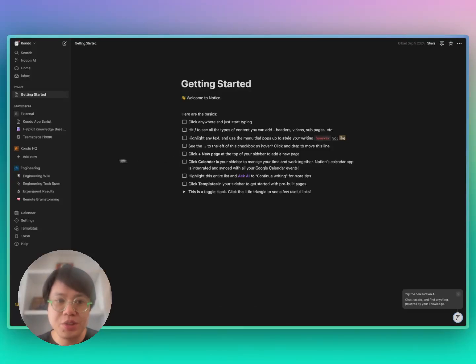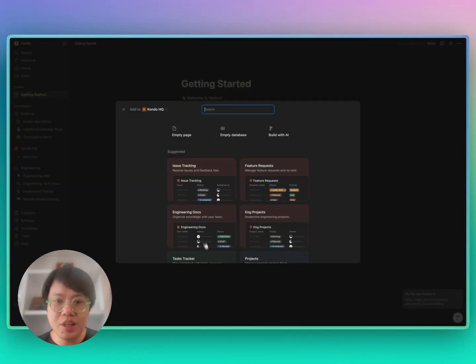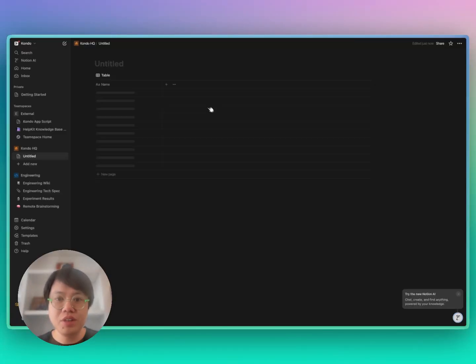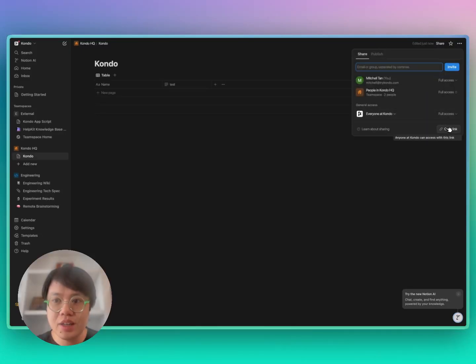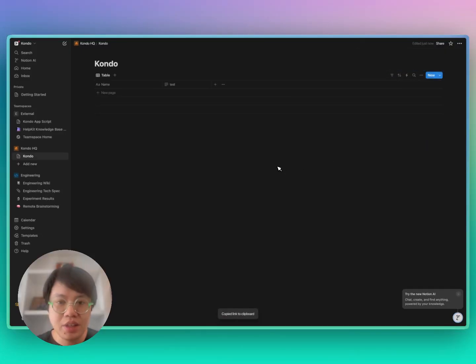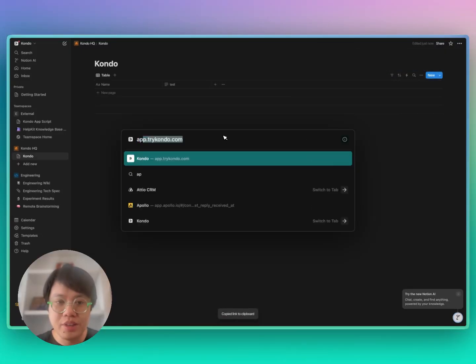So the first thing you're going to do is create a new Notion document and select empty database. And you're going to name it Kondo and create a test column. So once you have a column, you can go up to share and copy link. And now we're going to go to the URL